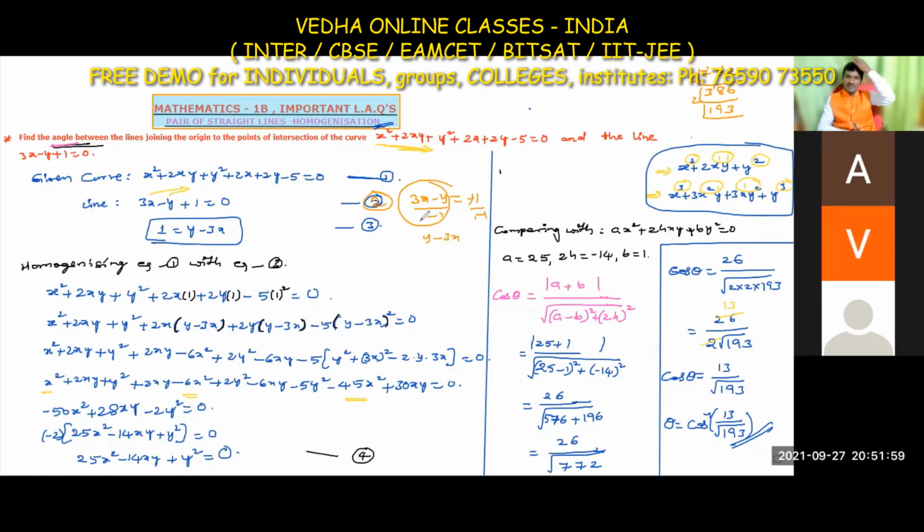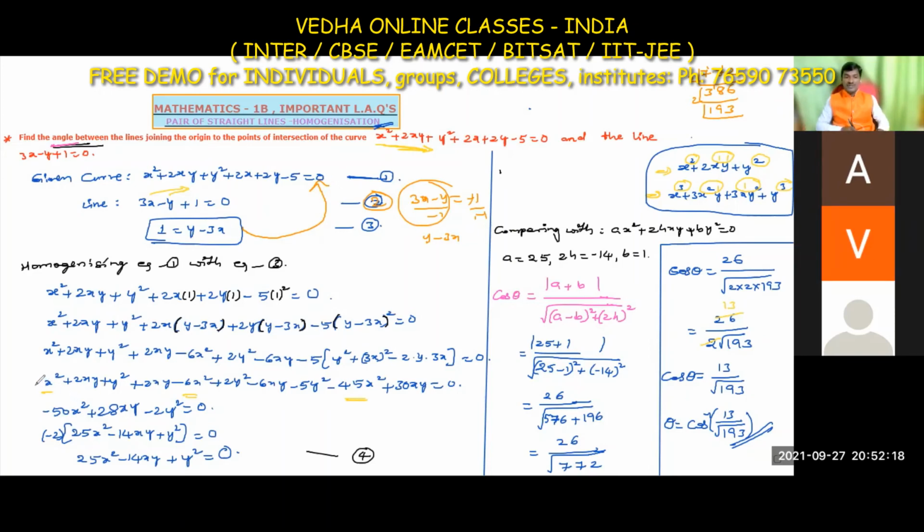That is one way. Otherwise, keep that one on that side and send the remaining 2 terms to the right side. Minus y becomes plus y, plus 3x becomes minus 3x. Take it as equation 3. With the help of this third equation, we are going to homogenize this equation 1.